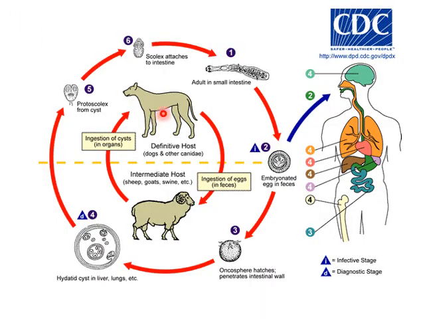As you can see here, the definitive host, that is the dog, the adult form in the small intestine of the dog undergoes self-fertilization and releases eggs in the feces. These eggs come to the environment and are then consumed by sheep. These eggs then penetrate the wall, enter different organs of the sheep and form hydatid cyst, that is the